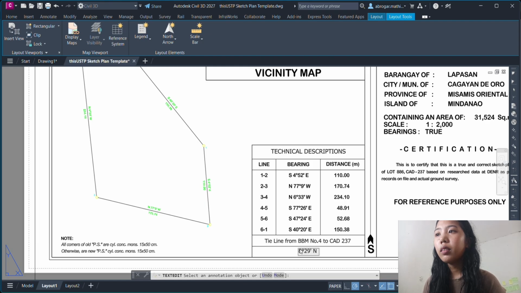Zoom, scale. Then let's try 1000 over 1 is to 2000 XP. Then next is change necessary informations.